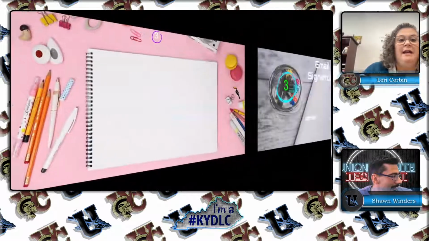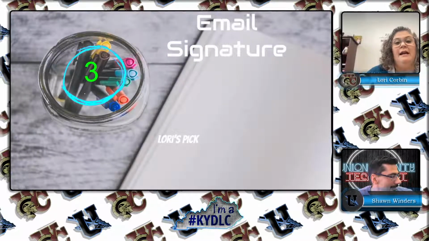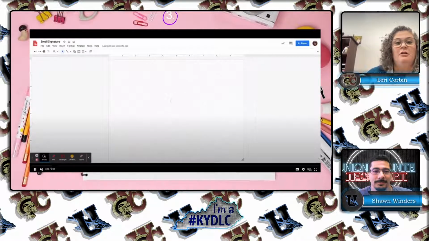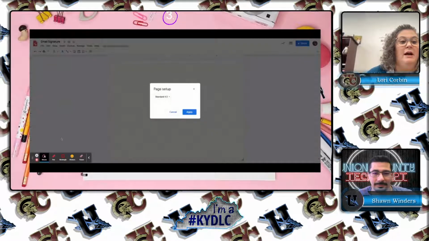Okay, I'll take trick number two. The first thing I used that got me started with Google Drawings was the email signature. To do that, you just go to Google Drawings, and of course, you have to tweak your page setup a little bit. I changed mine to, I believe, 8 something by, I think, 2 something. It looks like 8.25, yeah,